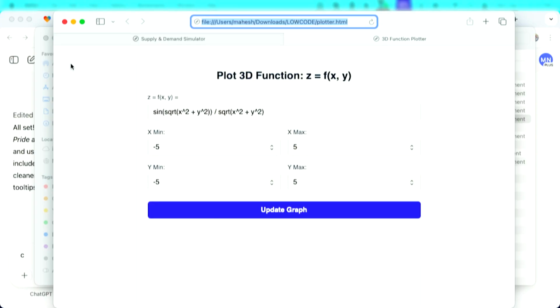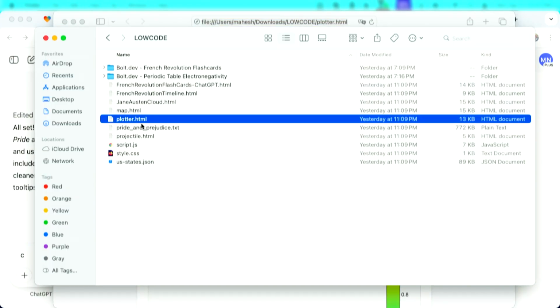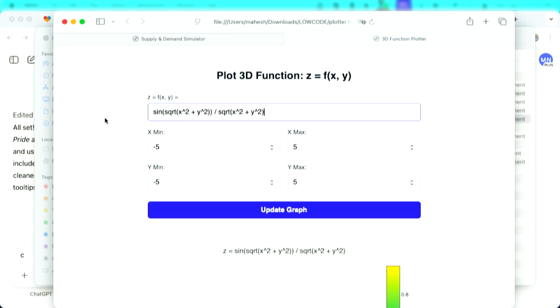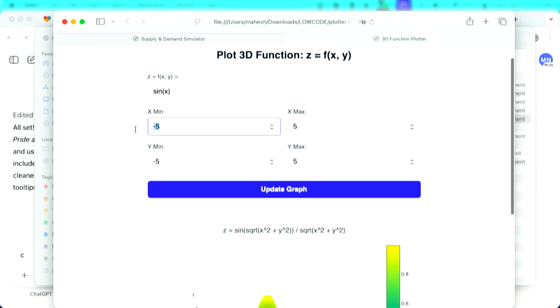You could put it on a website, or host it just on your computer, or send it to your friends, and they can just run it by double-clicking on the HTML file, and it'll run. So all you're doing is clicking it, and it opens up in the browser? Exactly. So here, for example, is the plotter simulator. I have it saved as an HTML file, and here it is running, and I can put in sine. This is the 3D version. And then I could give it some small values, 3, minus 3, 3, and update the graph.